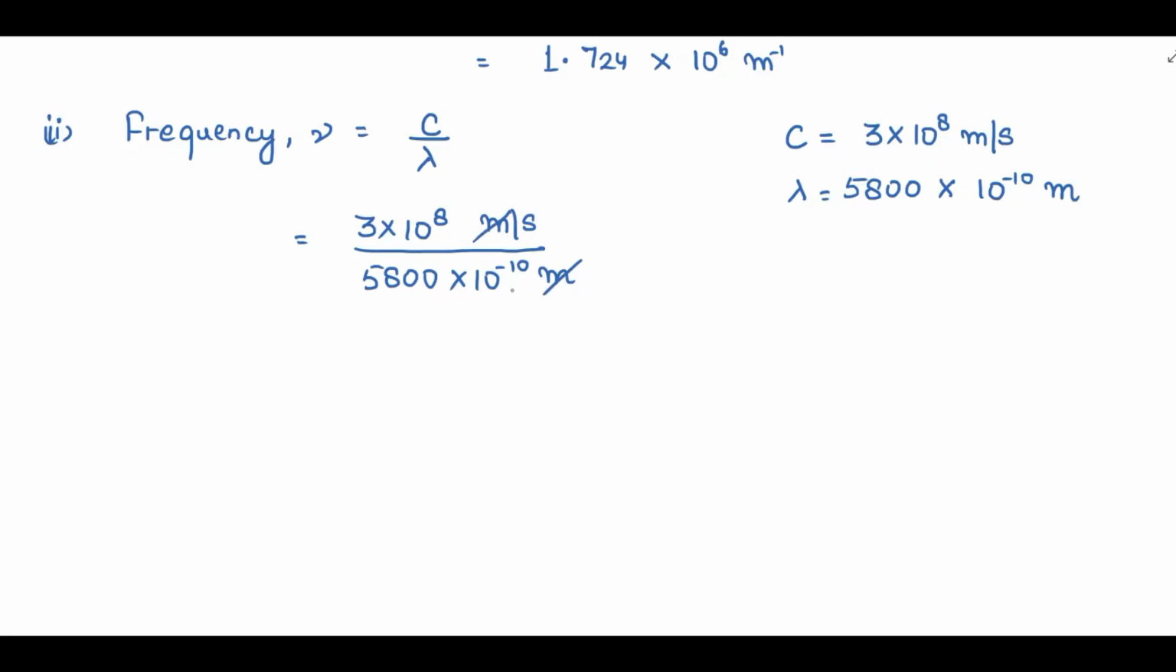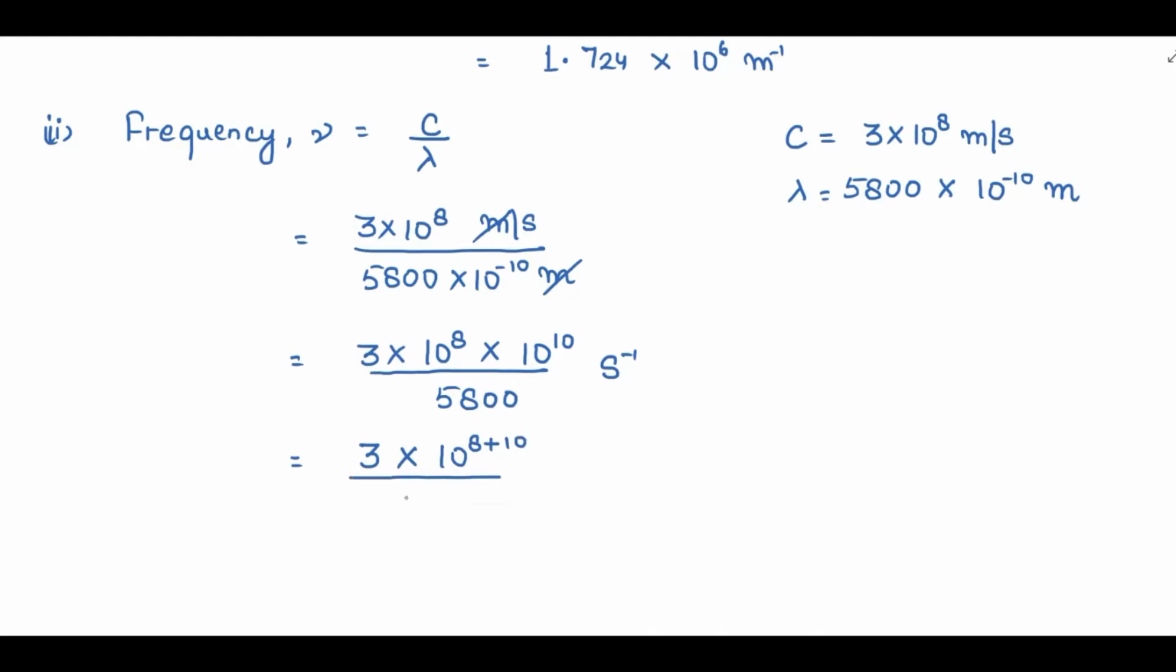If I take this 10 raised to power minus 10 in numerator, it will be 10 raised to power 10. So 10 raised to power 8 into 10 raised to power 10, right, divided by 5800, units second inverse only. If I am having powers in multiplication, simply add these powers. So 10 raised to power 8 plus 10 divided by 5800, right? So it is second inverse. 10 raised to power 8 plus 10 will be 10 raised to power 18, right? Divided by